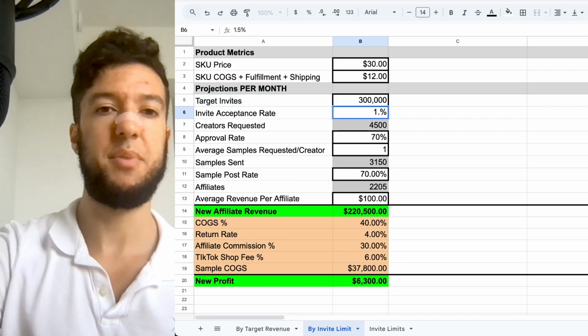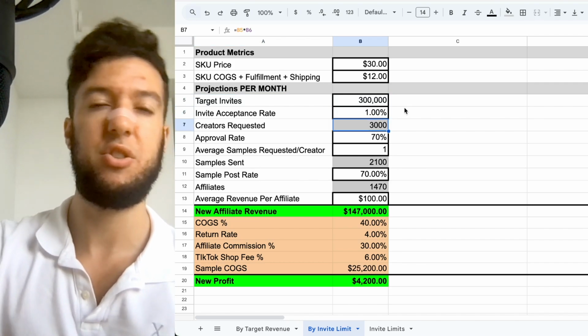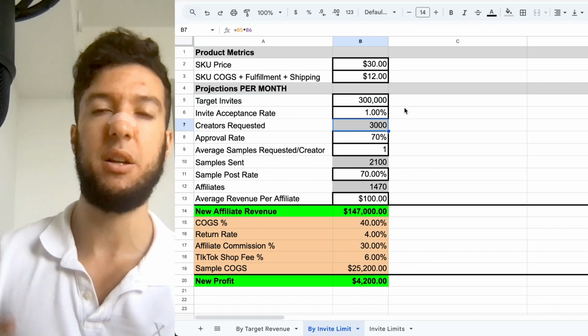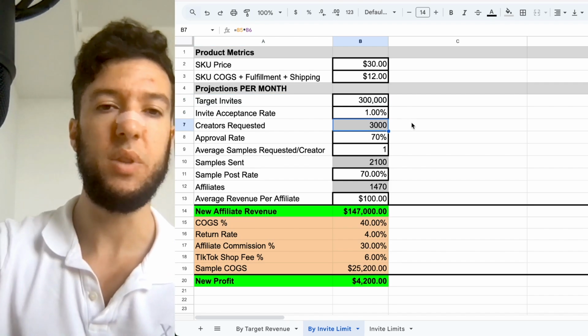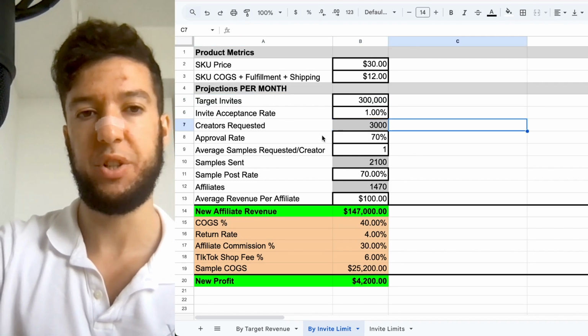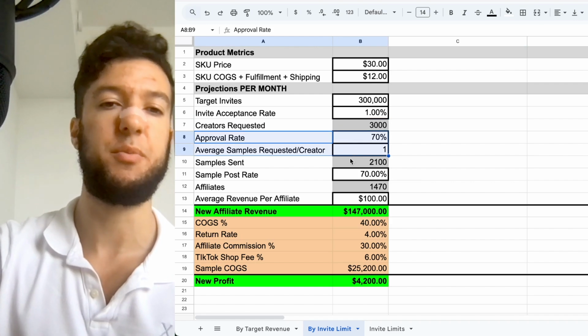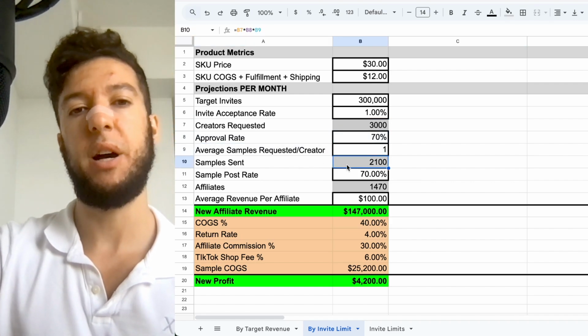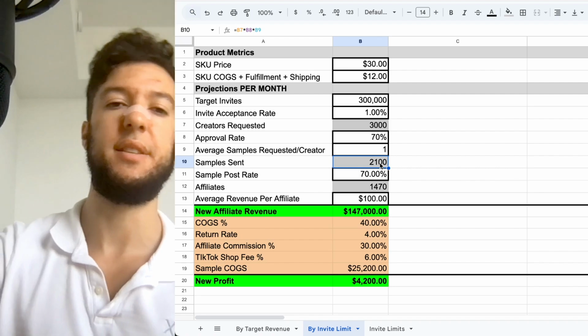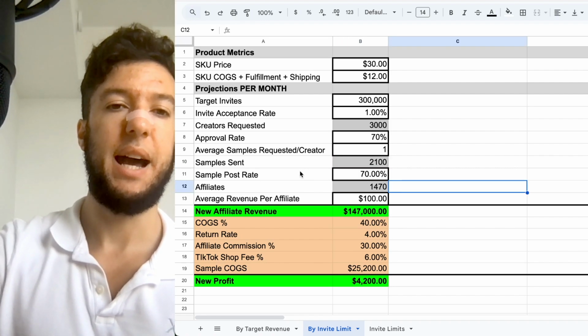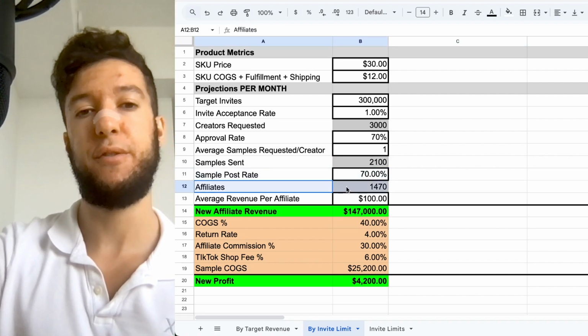This typically drops a little bit. So we drop that to about 1%, just because at scale, you're going to be reaching some people who might not be as ideal of a fit. So that's going to be about 3,000 creators we're reaching per month. We'll keep the approval rate and samples per creator the same. So that's going to be about 2,100 samples requested per month. And at that 70% post rate, that's going to be about